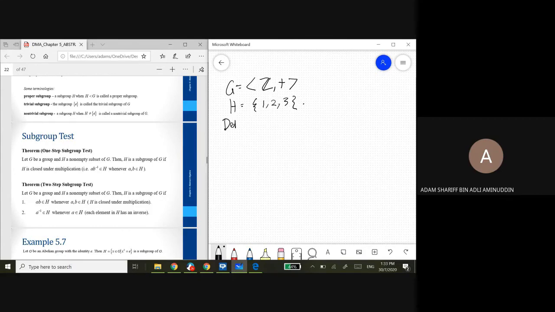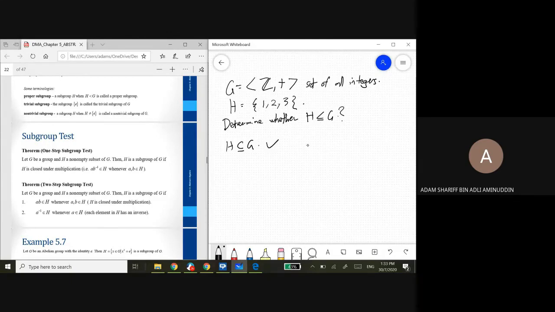Determine whether this example H is a subgroup of G. Ini mungkin senang dari tadi. This might be more easier to understand from the previous one. Okay, my question first. Okay, in order to determine whether H is a subgroup of G, adakah H is a subset kepada G? The first question that you need to see right now, G is a set of all integers. Okay, then definitely H is a subset of G. Ini clear. Baru kita boleh guna